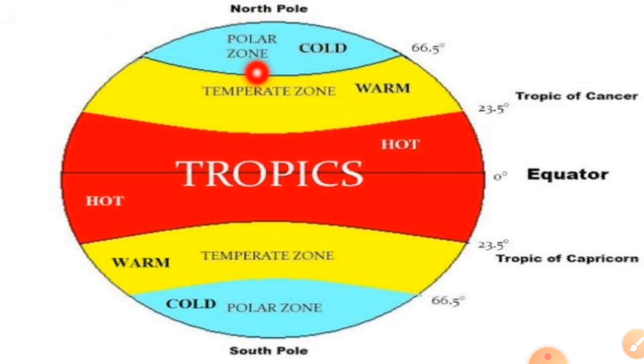So the area of the earth that surrounds the north pole, and the south pole in the lower side, is called the polar region. Because sun rays do not come here, it is the polar region. The climate of the polar region is extremely cold throughout the year with heavy snow, and the sun does not rise for 6 months of the year, and then it stays up for the next 6 months.